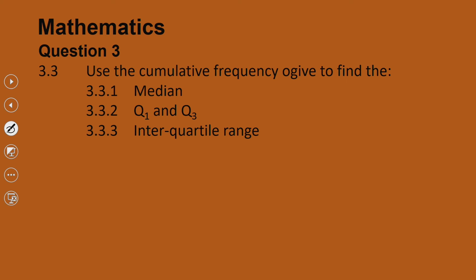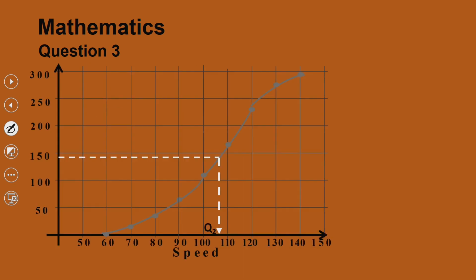So the next question here, as I've said, use the cumulative frequency ogive to find the, let's start, 3.3.1 median. To be able to find the median, how do we do that? We know that we calculated 290 as our total cumulative frequency, right? Then, what is the median? What is the meaning of median? Median means half of the data, which means we must divide by 2, and that will give us